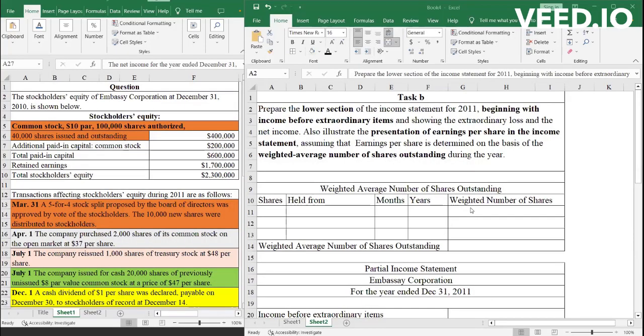Okay, the task that we are given is to prepare the lower section of the income statement, beginning from the extraordinary items. Once we are done with this, then we have to show the EPS. And the EPS has to be determined using the weighted average number of shares outstanding. So the first thing we will do is start by calculating the weighted average number of shares outstanding. If you remember from the question,